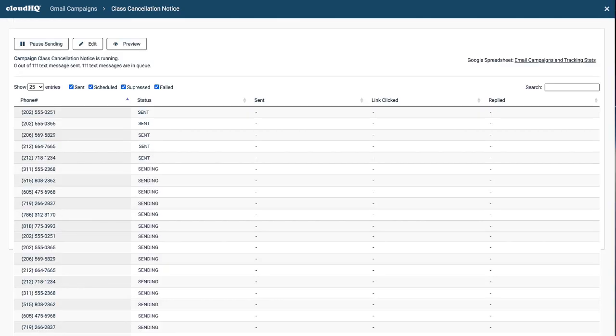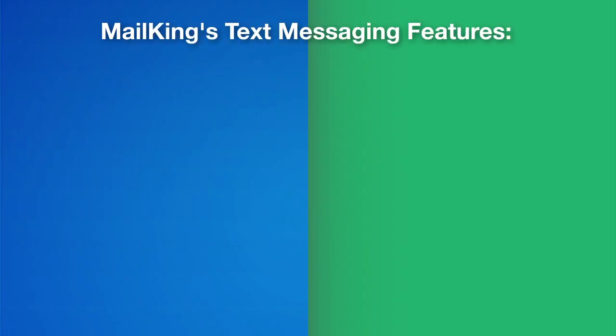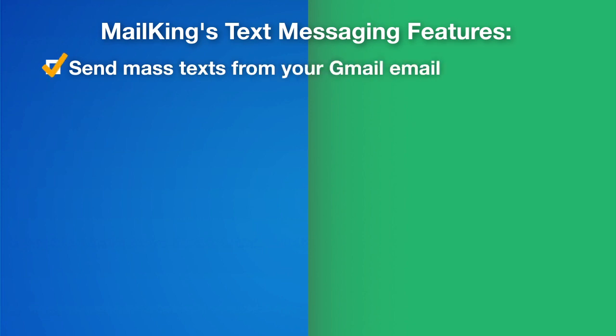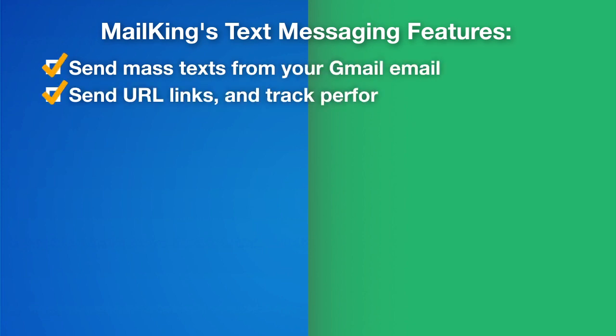Now that I've sent my text campaign, I can see its progress. Here it shows that it's sending out now. With Mailking's text campaigns, you'll get the ability to send mass texts from your Gmail email, send URL links and